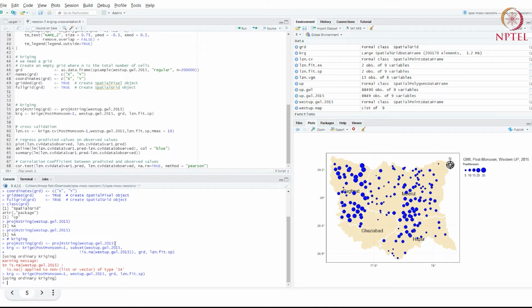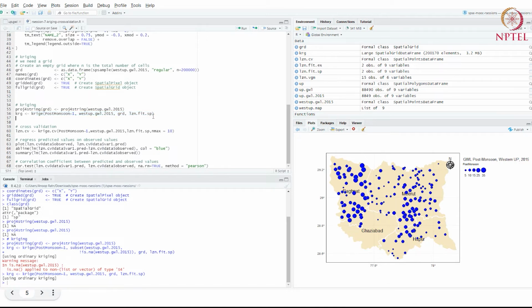Yeah, okay, so that went away. All right. So now we have a spatially predicted groundwater level data set where we have a value for every point on a very dense grid.